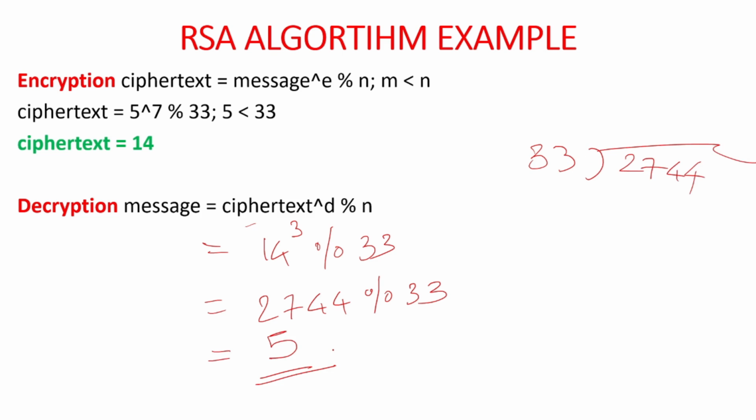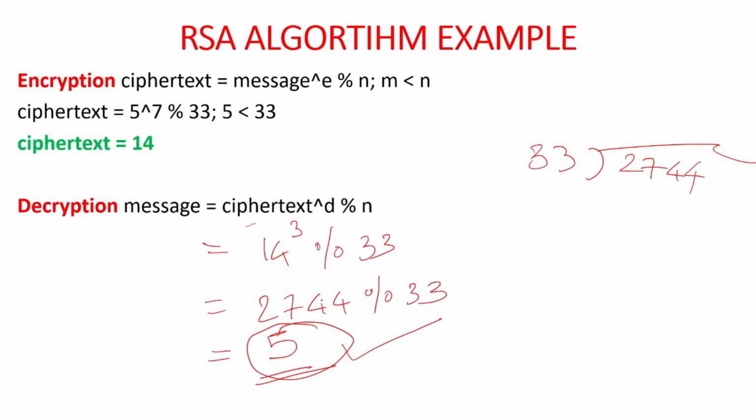That was your original message. And you should get the 5 only as the answer. If you are not getting 5 as the answer, that means encryption and decryption is not done properly and the keys are not correct. The key values E and D values were not correct. Okay, that's why you should get the answer as 5 only. You should get your original message back. Since sender has sent the message 5, receiver should receive the message 5 only. Okay, so if you are not getting the 5 as an answer, that means your keys were not correct. Either E value was wrong or D value was wrong.